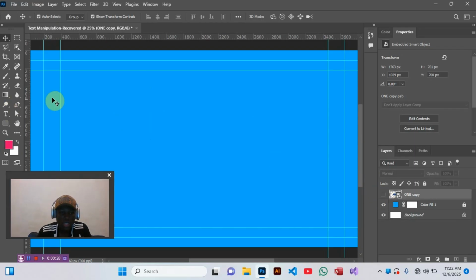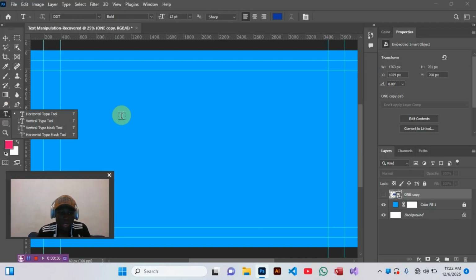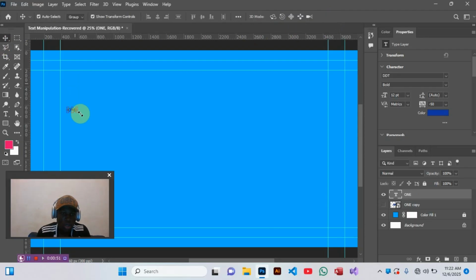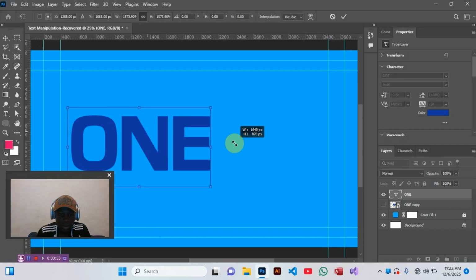Then we'll activate our text tool by coming to the text tool panel. You can also do that by pressing T on the keyboard to activate the type tool. So we'll type out 1. And with the help of the transform tool, we can enlarge it here,